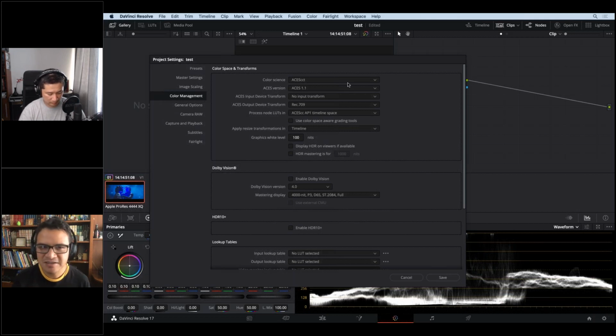So that is actually one configuration where you say, okay, I want to work here and I want Resolve to assist me in the color transformations. After selecting the color science, you select the version. As Max said, we have different versions of ACES, and this is one of the coolest things in ACES,